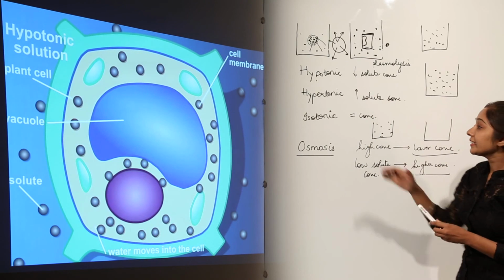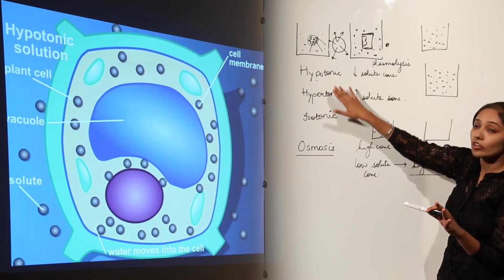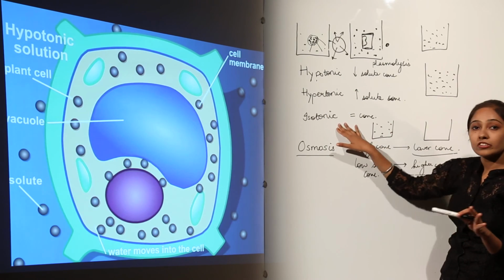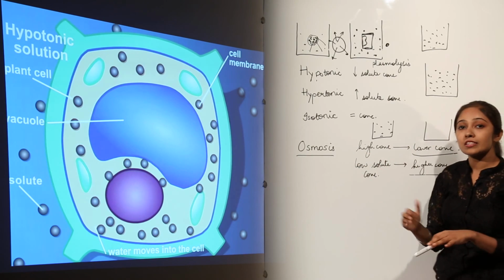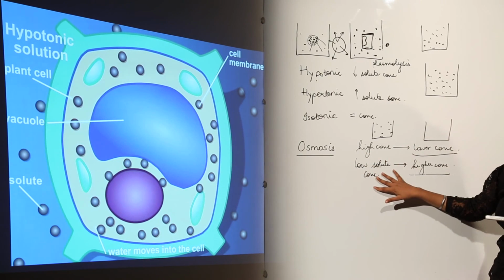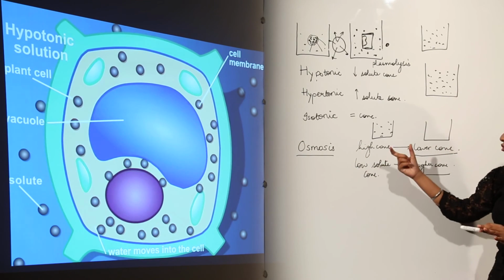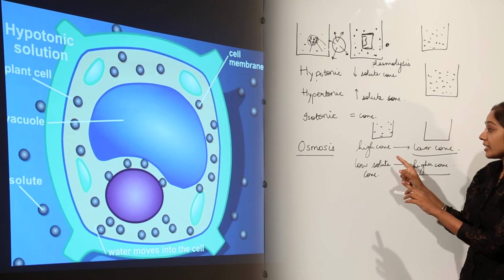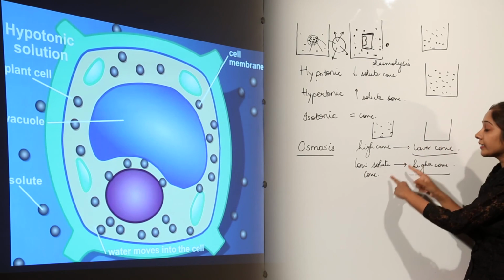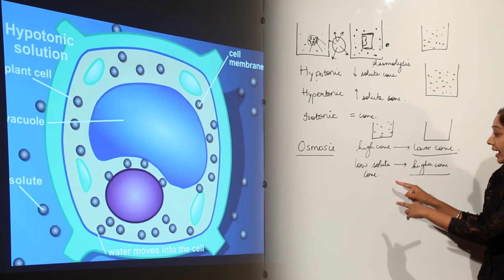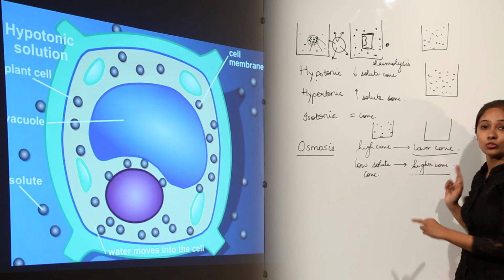If we place it in an isotonic solution, nothing is going to happen like in the hypotonic or hypertonic case, because the concentration is equal. There will be no net movement of water, or you can say no net movement of the solutes. So remember that in osmosis, we talk about water movement from its high concentration to low concentration, and this automatically conveys that this is the movement from low solute concentration to higher solute concentration.